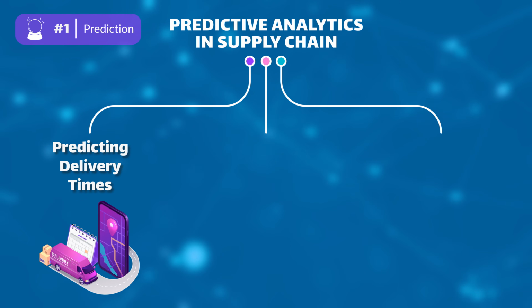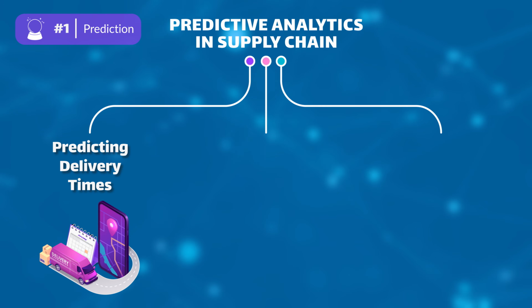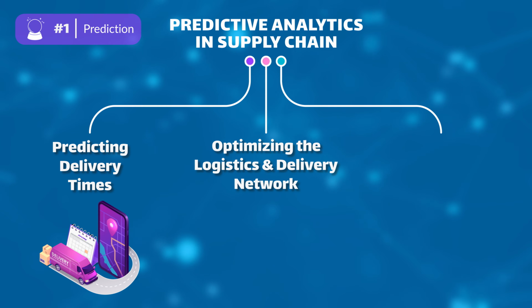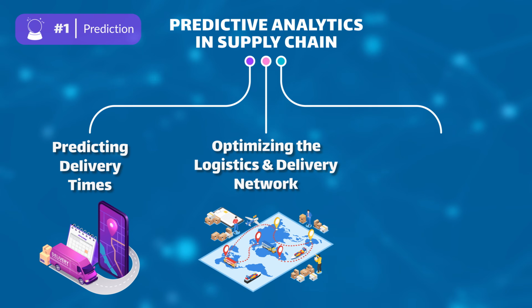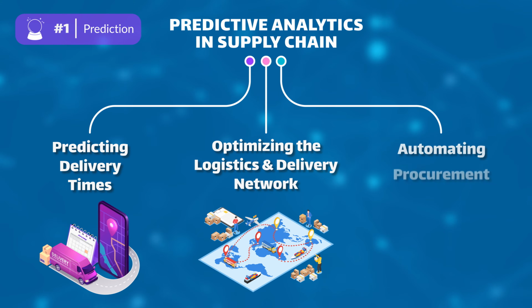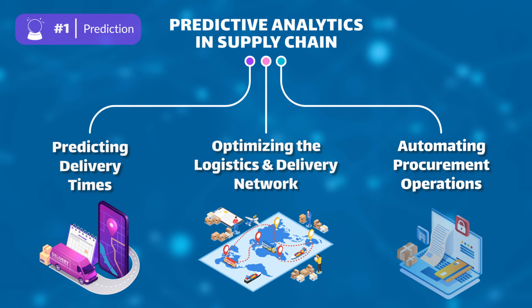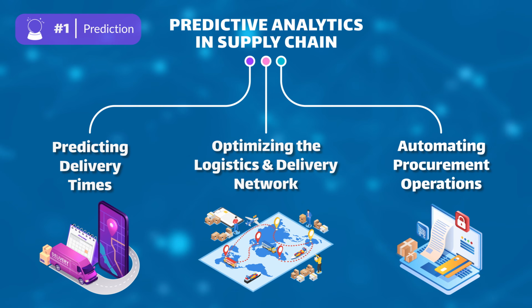Machine learning can estimate accurate delivery times based on factors like geography, time of the day, and product, setting customer expectations and optimizing planning. Optimizing the logistics and delivery network. AI can enhance the logistics network based on forecasted demand, improving efficiency and reducing costs. Automating procurement operations. Machine learning can streamline processes like spend management, supplier management, and capabilities matching, leading to more efficient